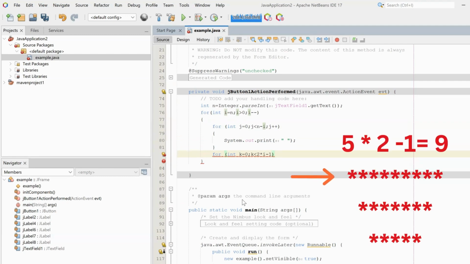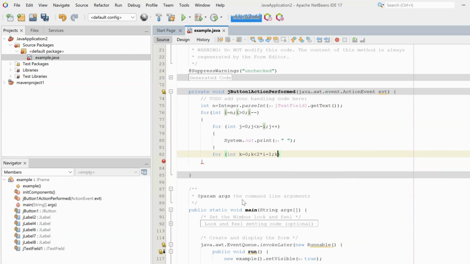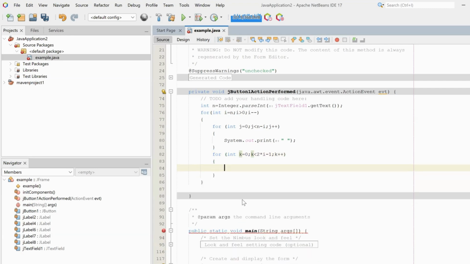Okay, 2 fives are 10, minus 1 will become 9. So 9 stars should print in our first row. And then k plus plus. And then I will print here a star instead of this blank space.